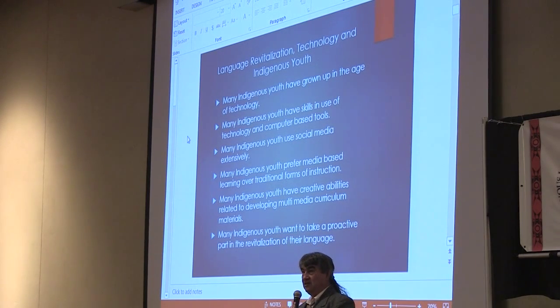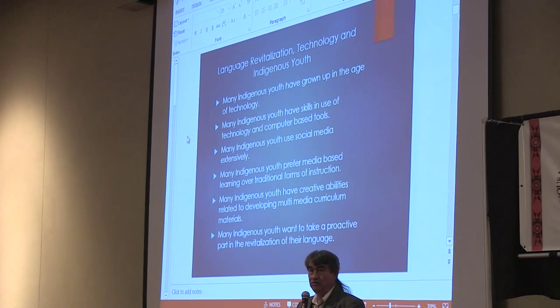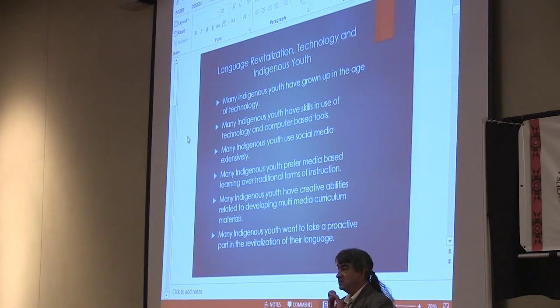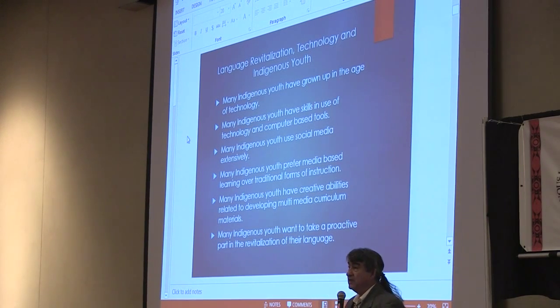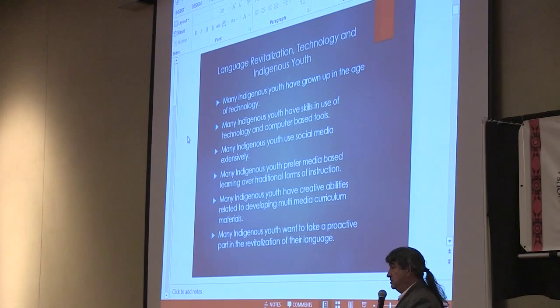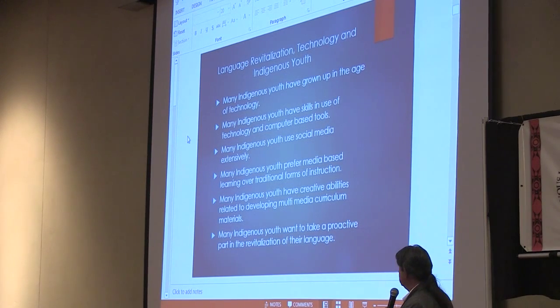And I've seen gradually how computers have basically taken over almost all kinds of instruction that we do at the university level, including now online courses and fully hybrid courses, a variety of different combinations where technology is intimately involved with the instruction. So even within the university, there's been a major transformation in terms of how computers are used in all sorts of learning, all sorts of course development.